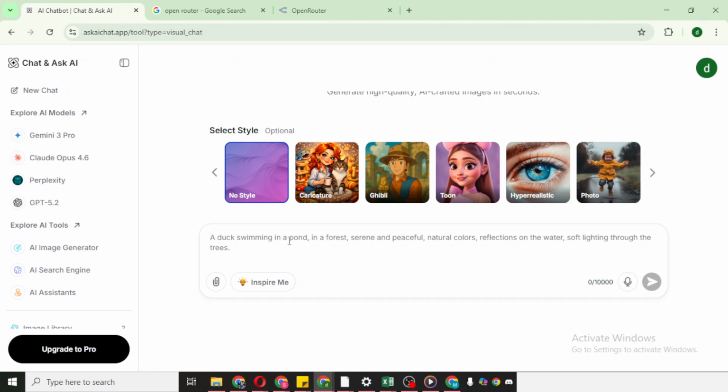Now it's time to enter your prompt, the description of the image you want the AI to create. Think of the prompt as your creative brief. The clearer you are, the better the result. Describe the main subject, the setting, and any key details that matter to you. For example, instead of saying a cat, try a ginger cat sitting on a windowsill at sunrise, soft warm light,